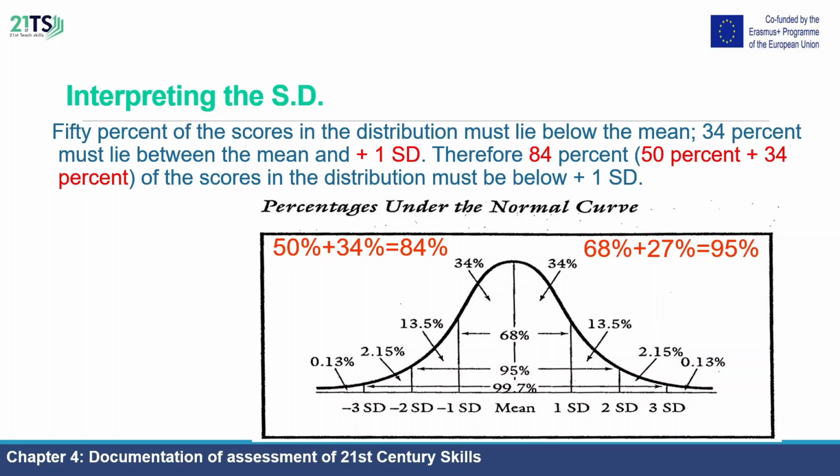How do we interpret the standard deviation? 50% of the scores in the distribution must lie below the mean. 34% must lie between the mean and plus one standard deviation. Therefore, 84%, meaning 50% plus 34%, of the scores in the distribution must be below